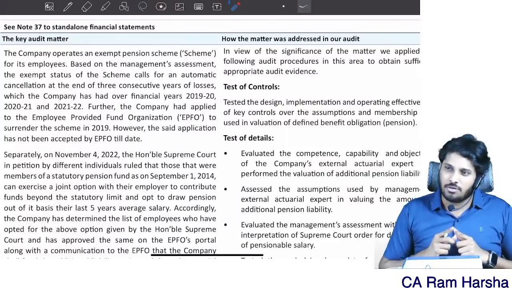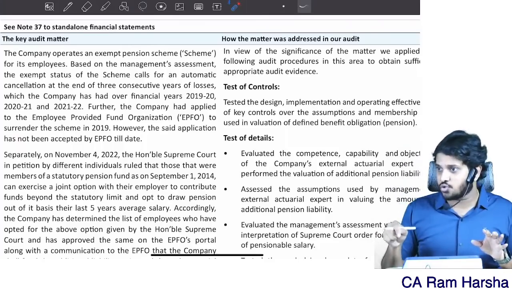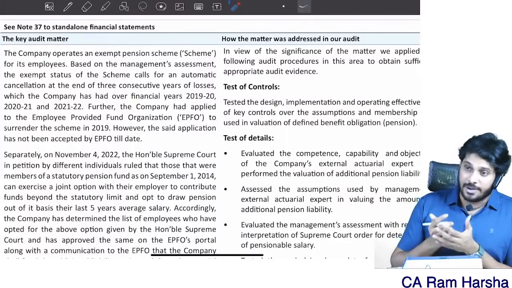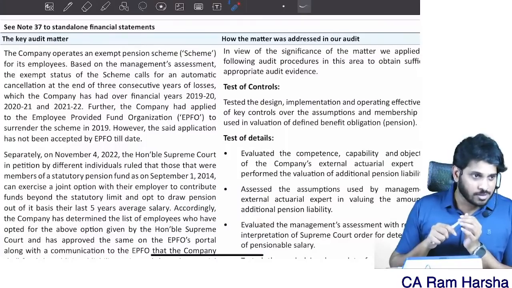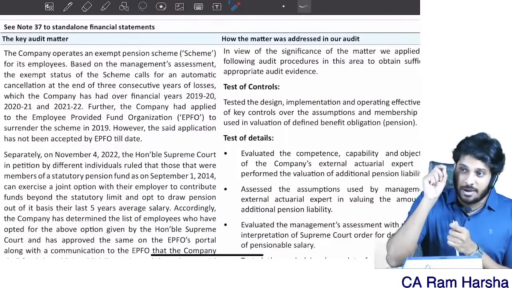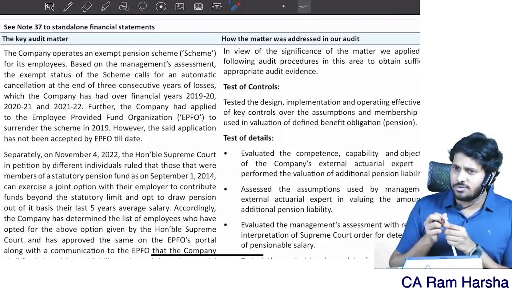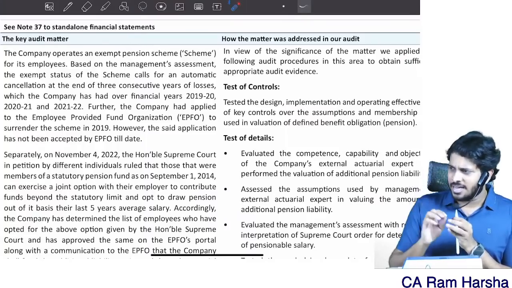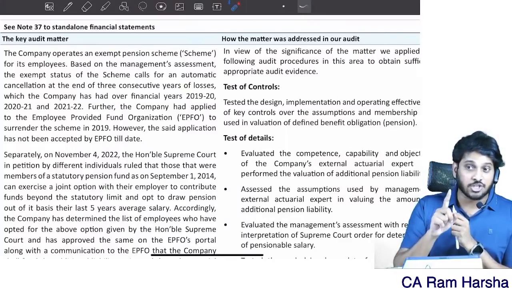Can I talk about previous year issues in the key audit matter? No, I can talk only about current period issues in key audit matter. By the way, suppose the company forgot to disclose something in the notes to accounts, can I disclose the same in key audit matter? Key audit matter is not a substitute for disclosure in financials. There is a material misstatement in some notes to accounts. If there is a material misstatement, what should I do? Modify the opinion. Can I discuss it under key audit matter? So key audit matter is not a substitute for a modified opinion.